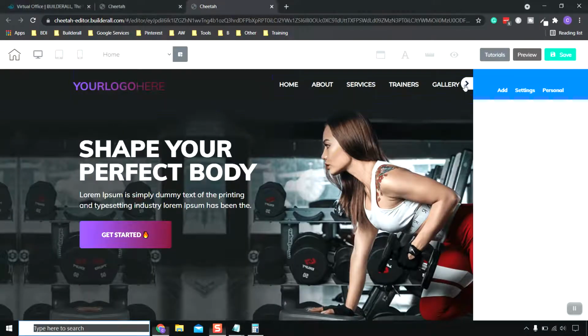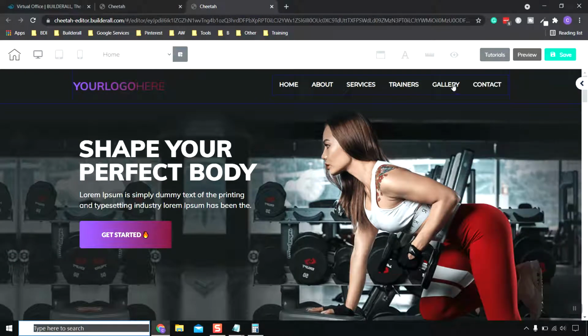Okay, and as you can see at the top, our menu shows our links. And I want to change the gallery area to store. So I'm going to click this, click the configure items,